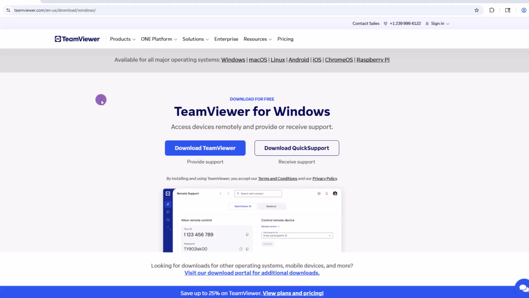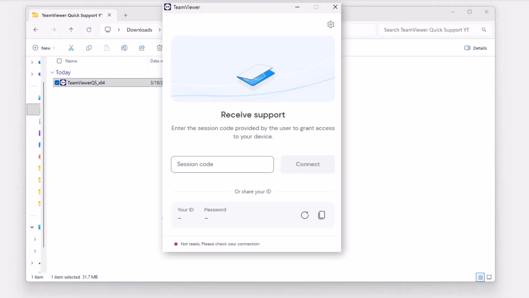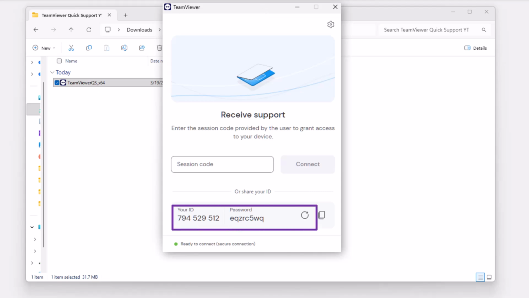All right, now for the person whose PC you're going to remote into, here's what they need to do. From the TeamViewer download page, they want to click on the Download Quick Support button. After the download completes, there's nothing to install and they don't need to create an account. All they have to do is navigate to where the TeamViewer Quick Support was downloaded and double-click to open it. A remote support window will open. At this point, they just need to give you this ID and password so they can call you, text it,